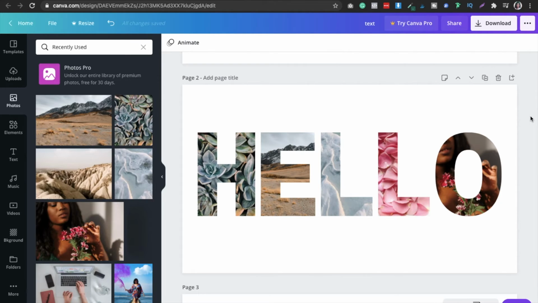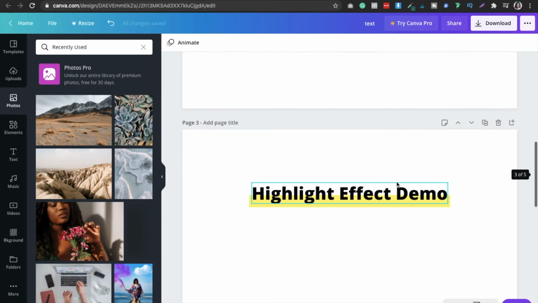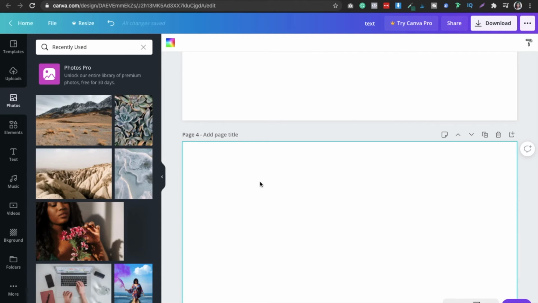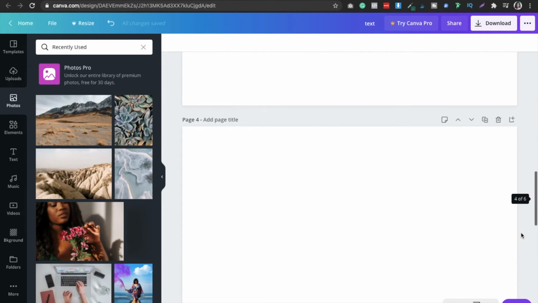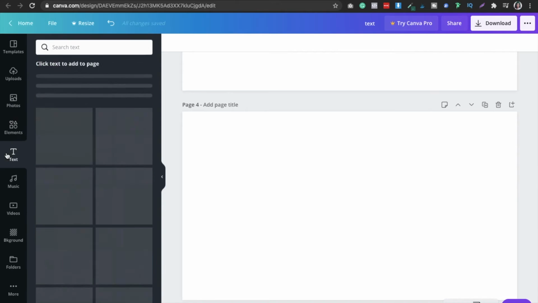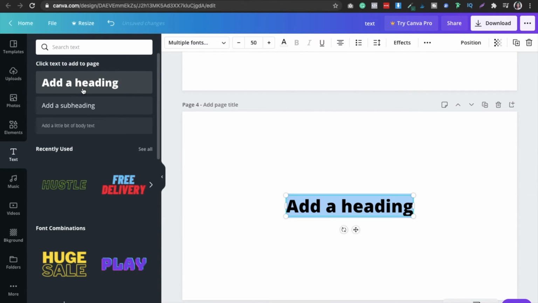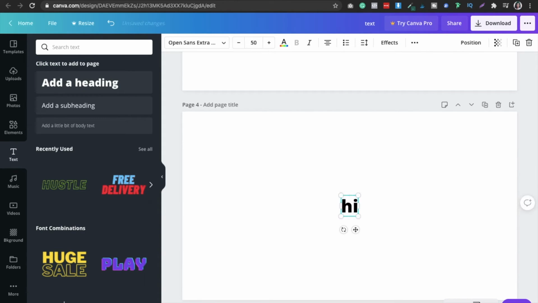Now coming to the second one, it is the highlight effect. Okay, now let's do that. Just add a new page. Now here you have to select the text, add a heading. The heading is highlight text effect.